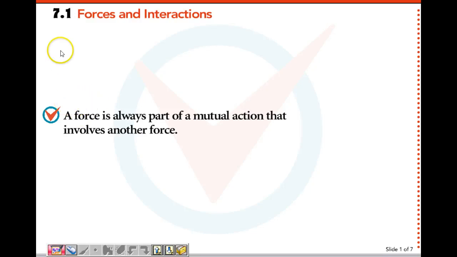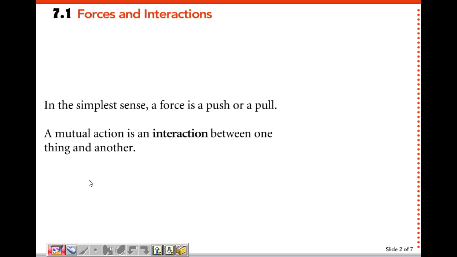Section 1 in Chapter 7 is on action-reaction forces, or forces and interactions. The big idea is that a force is always part of a mutual interaction that involves another force. In the simplest sense, we've defined a force as a push or a pull. And when we say there's a mutual interaction, it means that we have two different objects or things that are